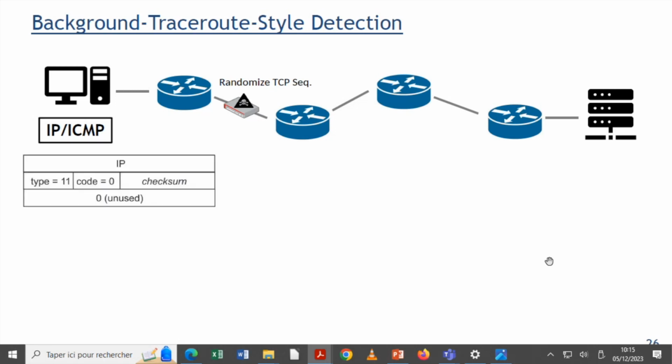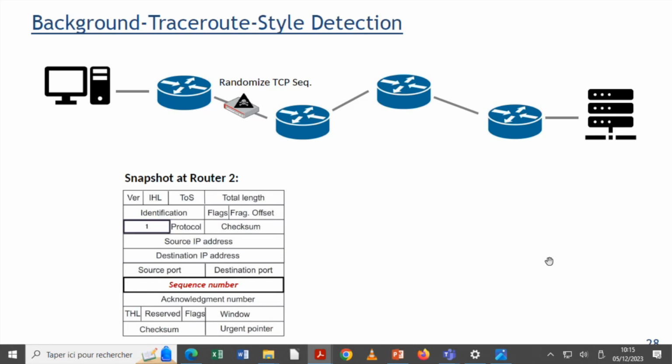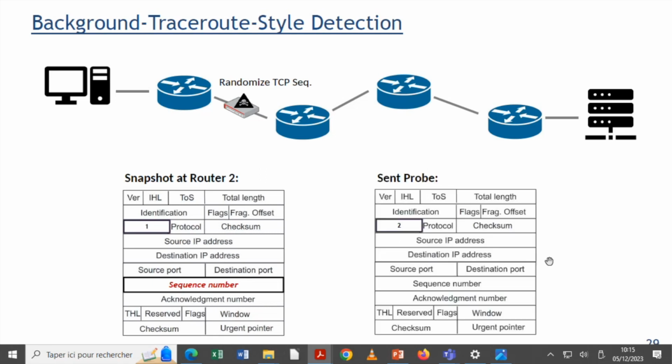So this is what this diagnostic message looks like. It's an ICMP time exceeded response. This is the header format, the IP being the IP of the routers which are sending this diagnostic message. As I mentioned, it also has a copy, a quotation of the original packet. So this then means that the Tracebox running client on the left-hand side has a snapshot of the packet as seen at the second hop router in that example. But it also keeps a copy of the original packet.